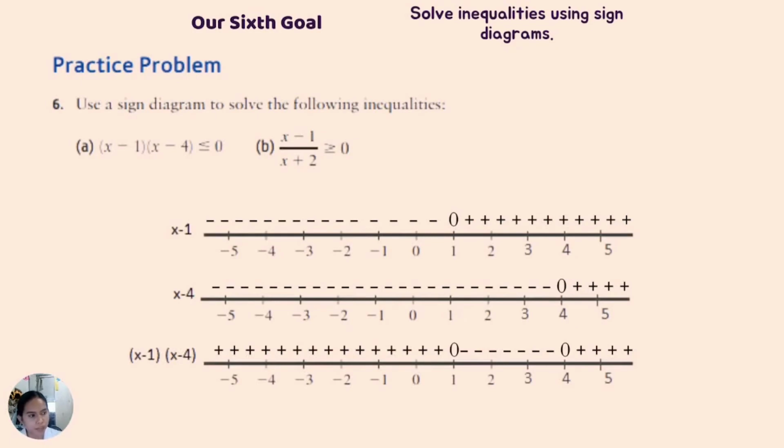Now let's try a practice problem. Use a sign diagram to solve the following inequalities. Letter A is the quantity x minus 1 times the quantity x minus 4, less than or equal to 0. So the first thing we did, as in the example that we had a while ago, is this: